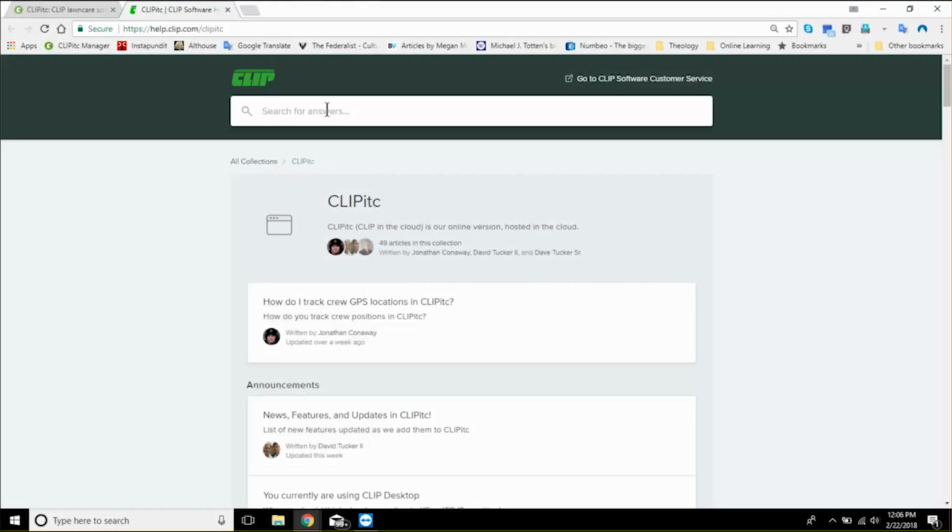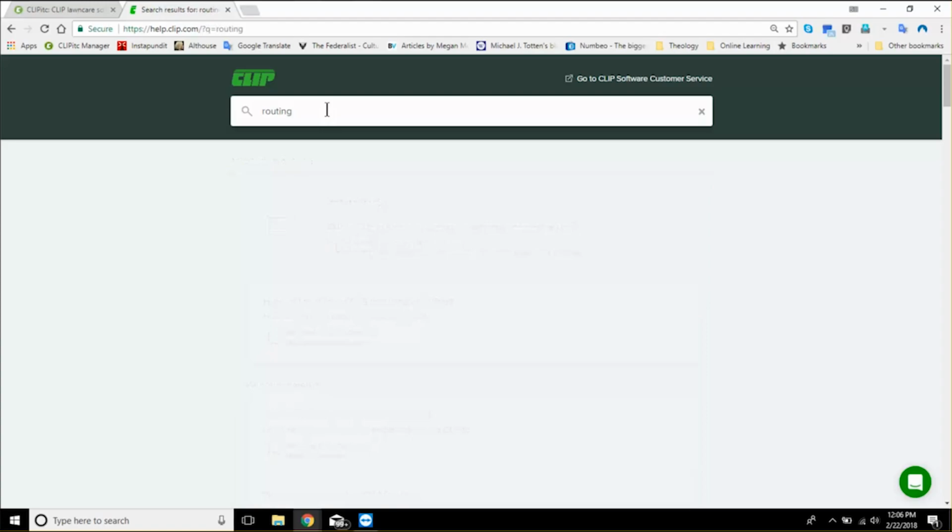I have a question on routing, I type in routing, and there we go, articles about routing. So that's one help for you. Now, if you go to that page and you type in a topic and you don't get a result, or you don't get a satisfactory answer in terms of the detail of it, or maybe something was omitted, please let